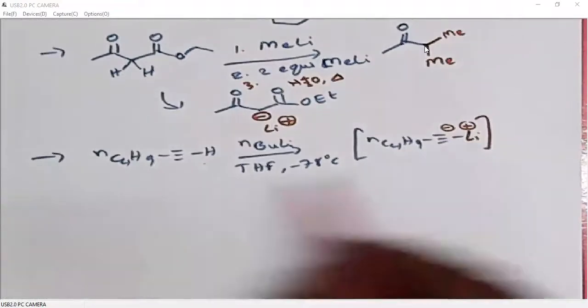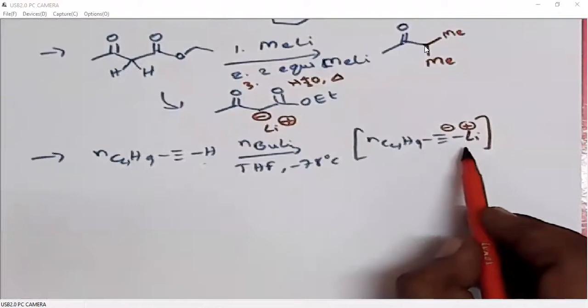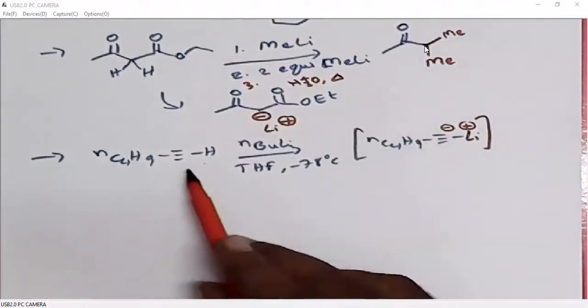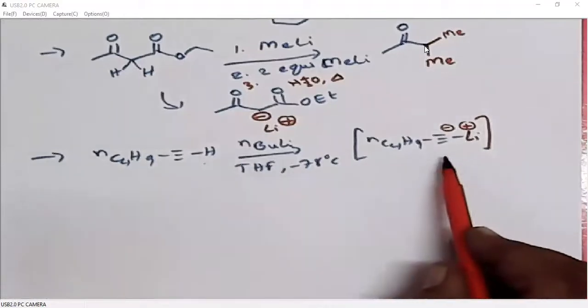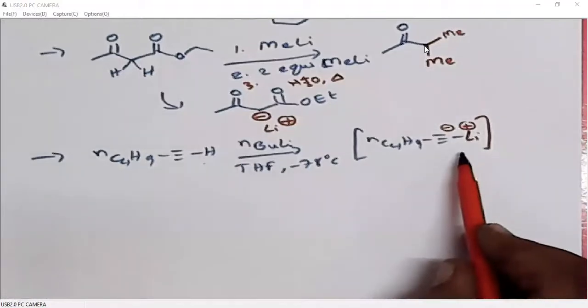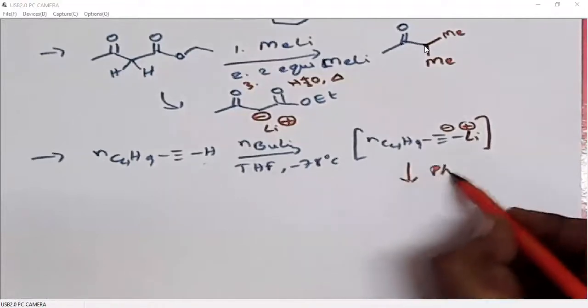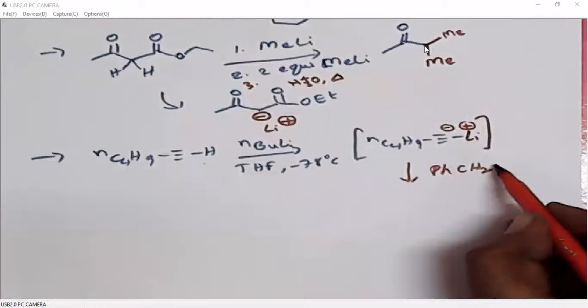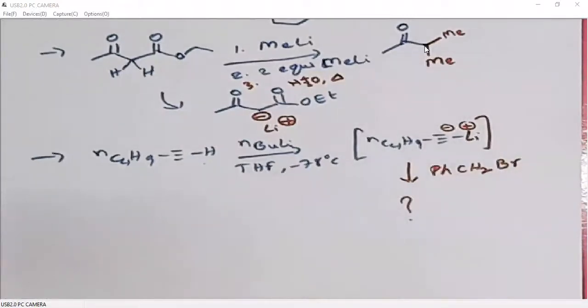So whenever we want acetylenic lithium reagents, what we need to do is just take the acetylene and add some alkyl lithium reagent. So in situ we will generate acetylenic alkyl lithium reagents. Of course, these can be further explored. You write the product.